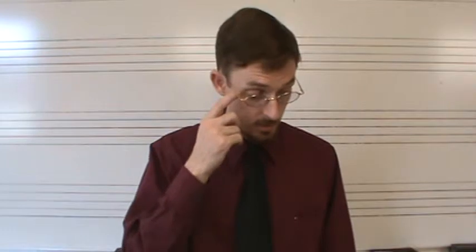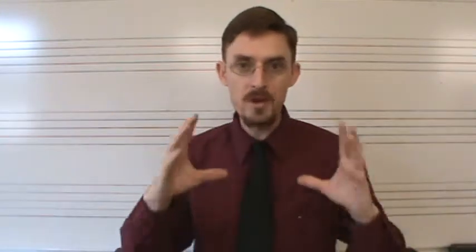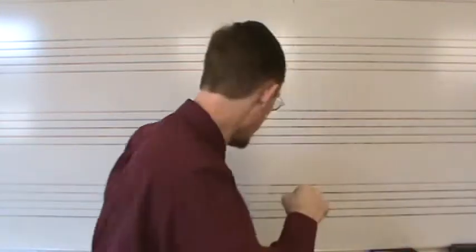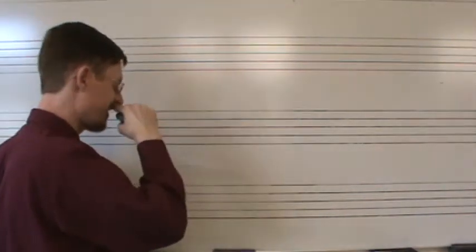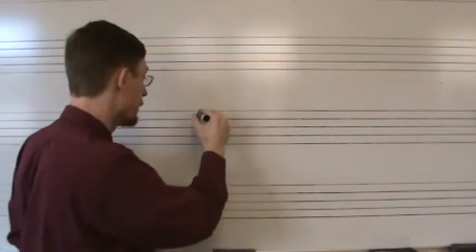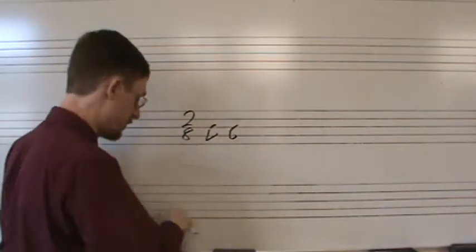Okay? And number 38, the presto, 9/8 time, done in 3, a triple meter in compound. Interestingly enough, nearly all of the meters that we have in simple meter have one note value that will fill the entire measure. So even a simple meter such as 2/8, in which 2/8 notes are the unit of the beat,